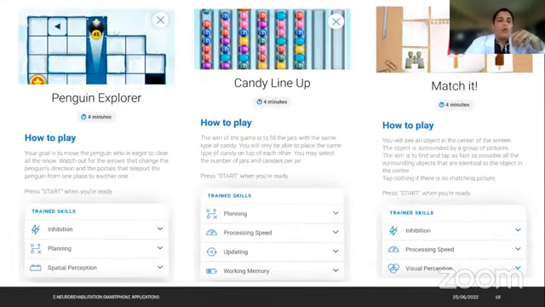In the same way, you have more than 50 games in this application. The free version allows us to access around 20 games. They are more than enough. They train, as I told you, planning, processing speed, working memory. So all these things can be trained. They give you feedback. This application gives regular timely feedback to the patient, a progress report of the patient, and also helps the patient to know how to improve. Now, another feature of this Cognifit application is mindfulness.